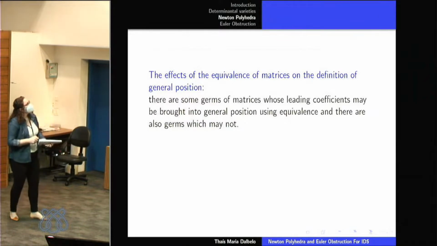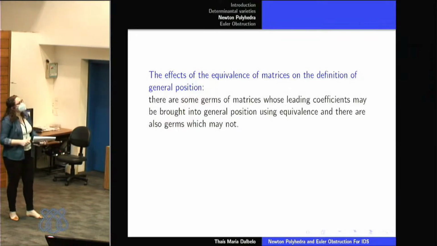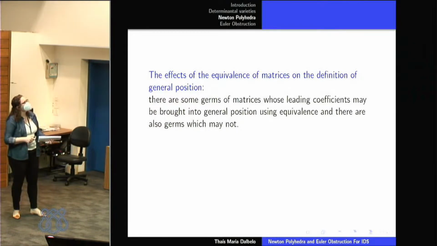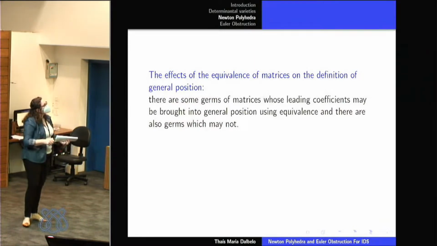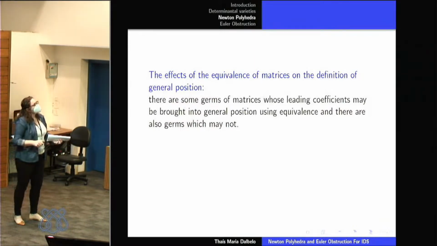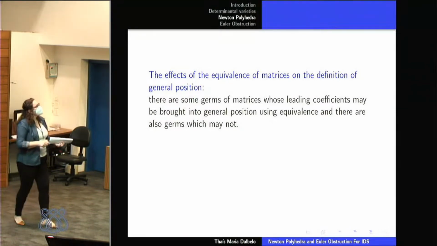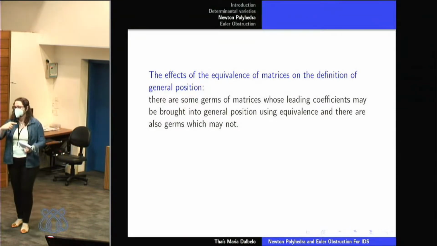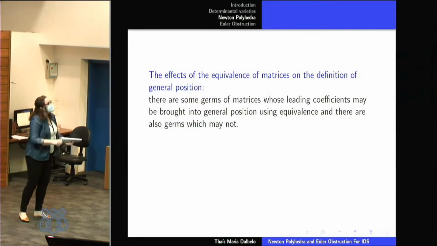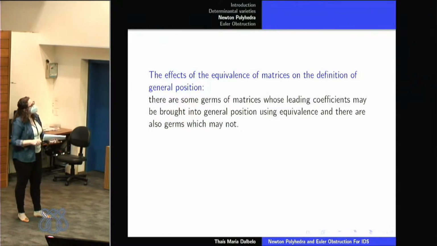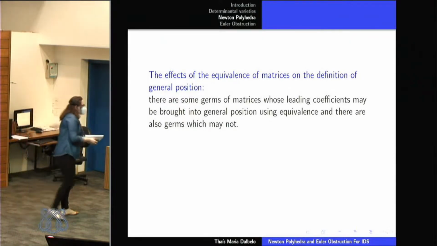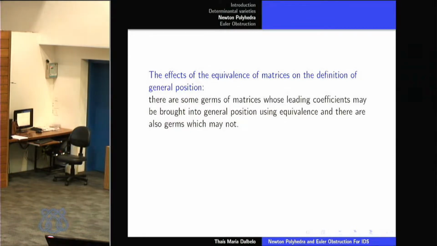So, what are the effects of the equivalence of matrices on the definition of general position? As we saw in the previous example, there are some germs of matrices whose leading coefficients may be brought into general position, as the one we have seen. And there are also germs which may not. For instance,